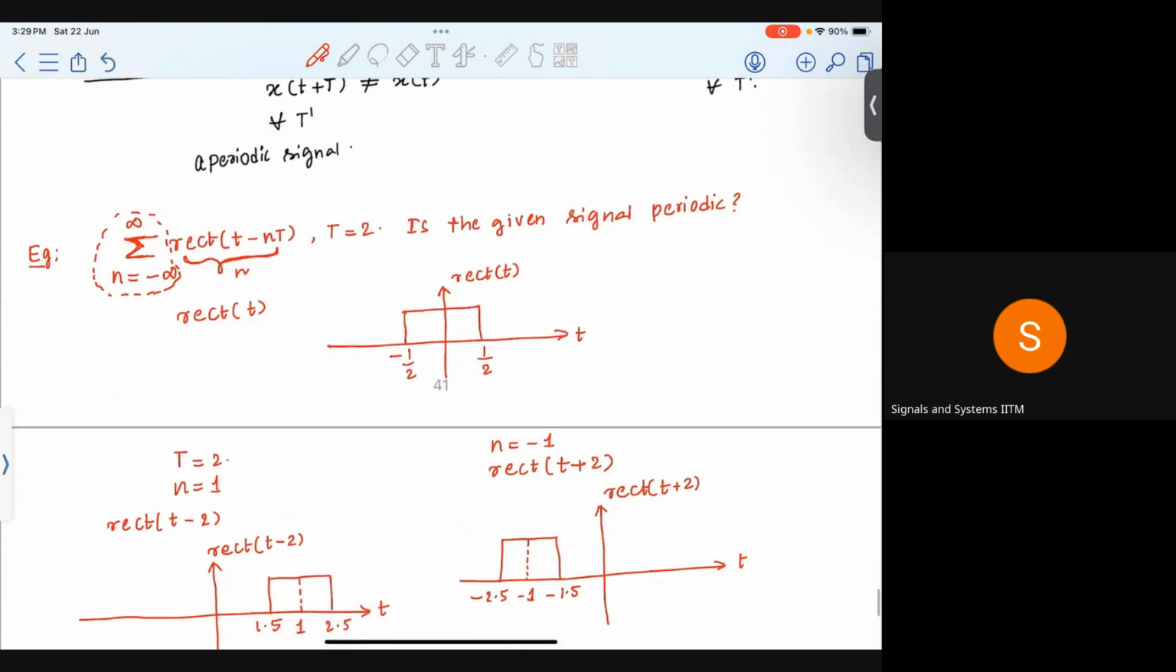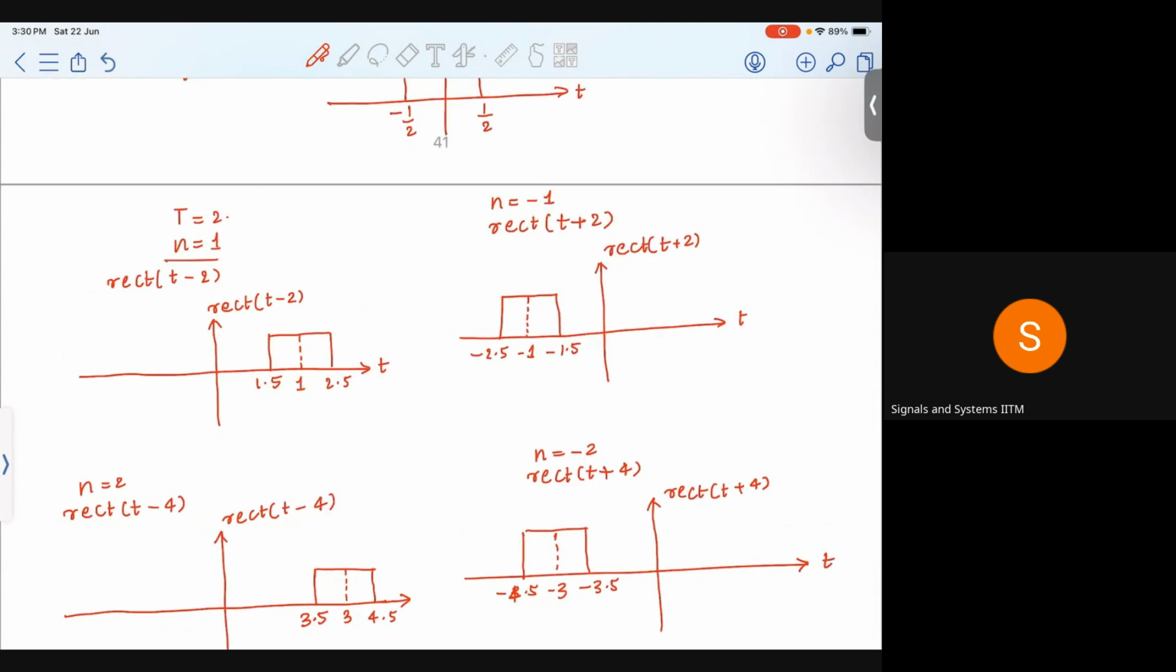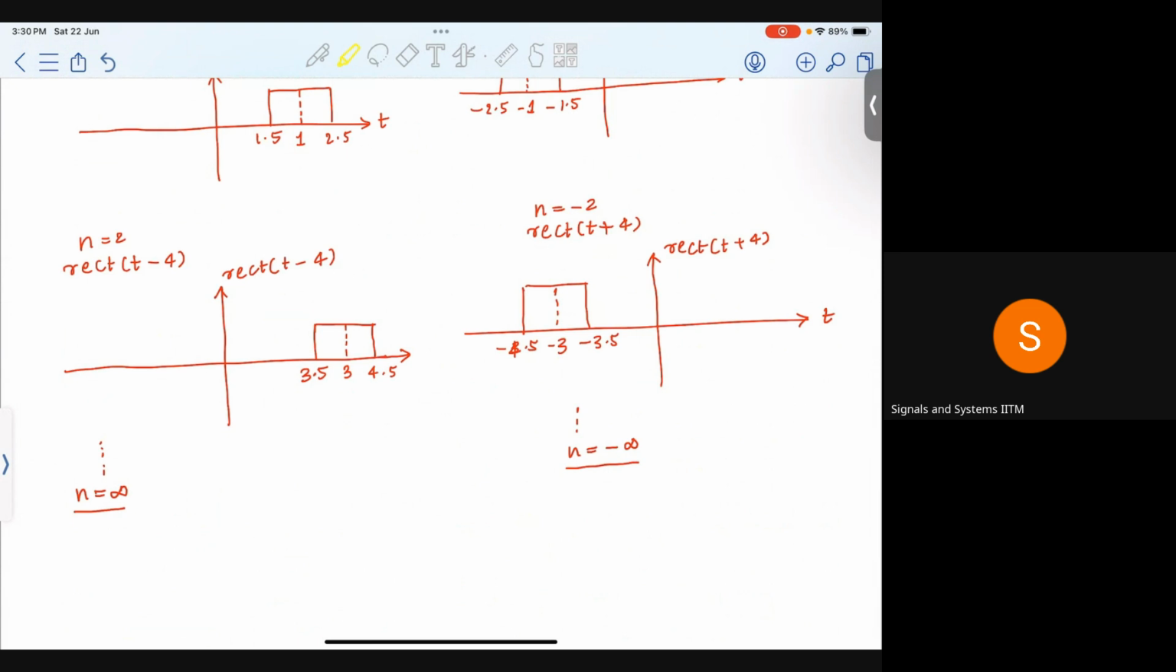So what I'm trying to say is, we are trying to see if the given signal over here is a periodic signal or not periodic. What we have done, before Subhash joined, is we were trying to see how these rectangular functions look for each n, and this is how they look. For n equal to 1, this is the rectangular function, and for n equal to minus 1, this is what it is. Likewise for n equal to 2, n equal to minus 2, and as n goes to infinity,